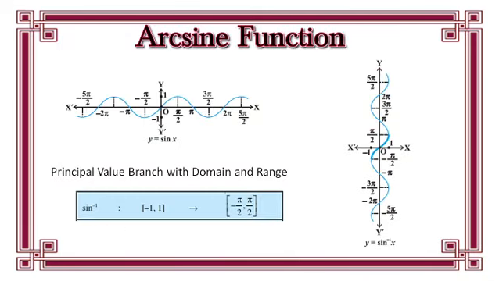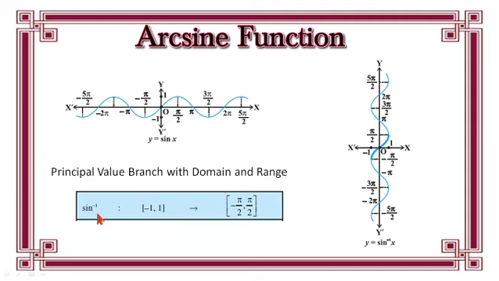Now just look at the graphs. How to solve this problem of having an inverse? As the function is defined, definitely it is not one-one. So to solve this problem, what we do is restrict to an interval where the values will not repeat. For one value of x, it will definitely give us one different value of y. So whenever the values will not repeat, we restrict to this type of interval for having the inverse of that particular function. So, the principal value branch, with domain and range of the sine function.